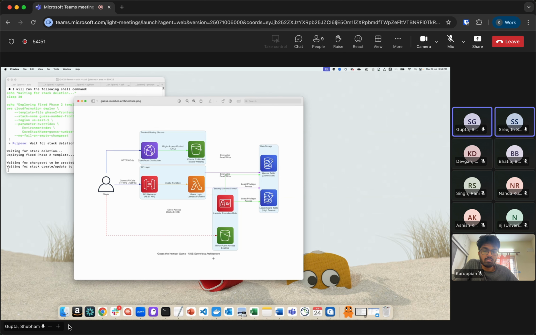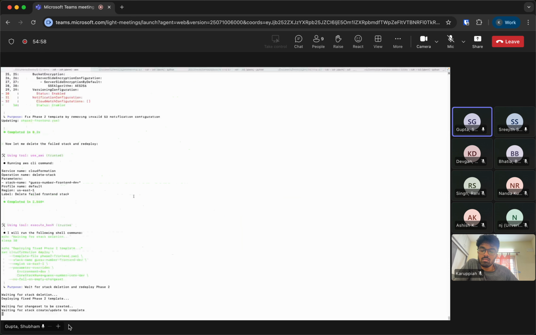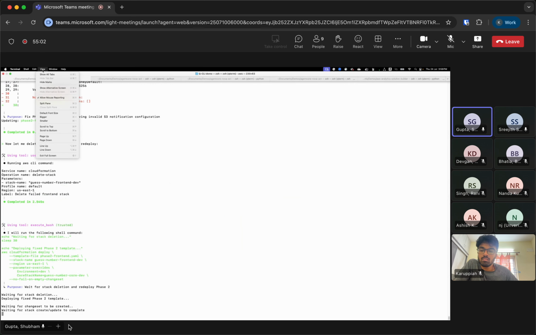Okay. And also another thing, right, which I can show you is currently when I ran this, I gave it a trust all. So it is running all the commands by default. What you can do is actually when you run this, you can choose whether you want to give access to a particular action it is taking or not. So for example, this is a new session that I've opened, and I have not given it any trust.